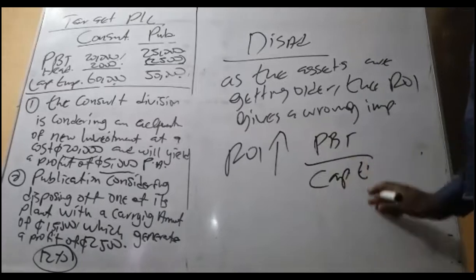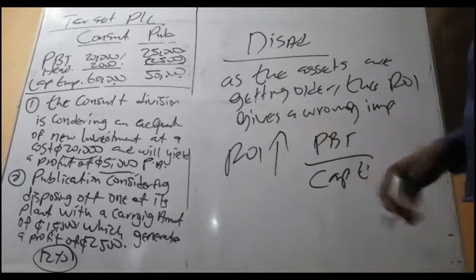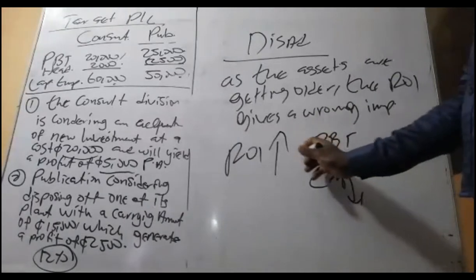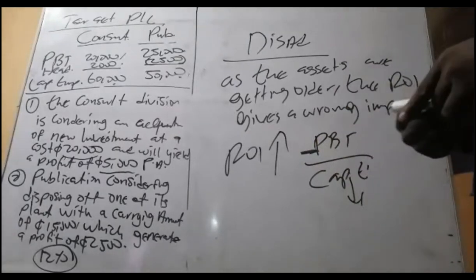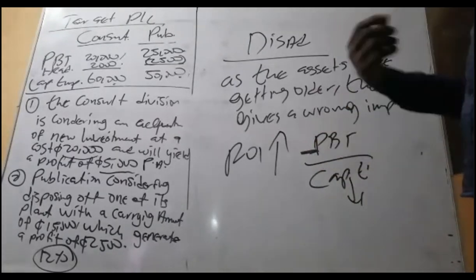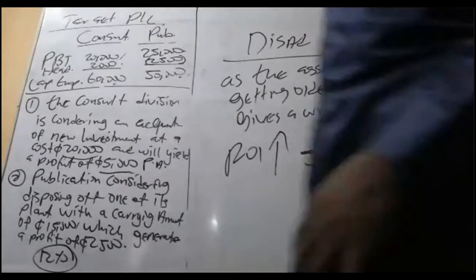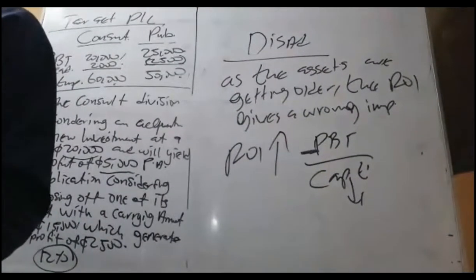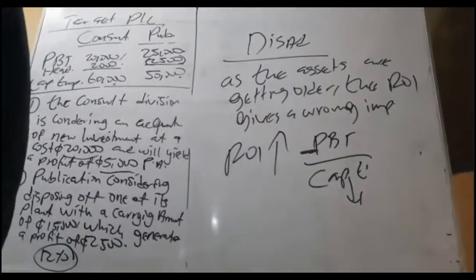As the years go by, depreciation will reduce the capital employed because we subtract from the non-current asset. So as this one goes down, while this one increases or stays the same, it will increase the percentage, giving a sign that we are doing well. In actual sense, you have not done anything good. And let's see an illustration for this. So let's see this question. Now, critically,